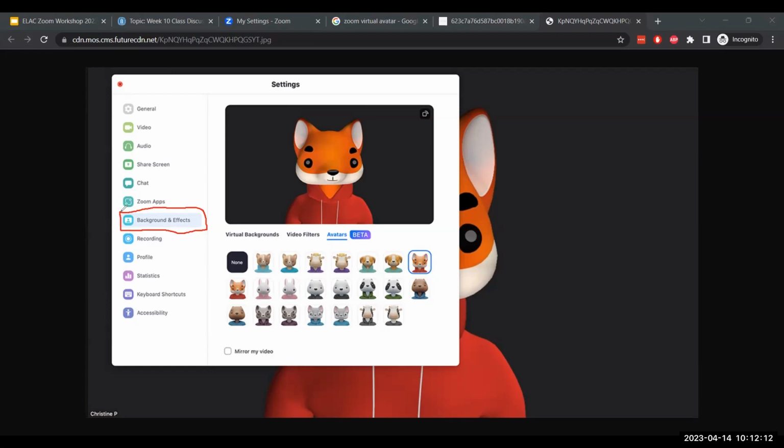And then from there, in the same area where you do your virtual background or video filters, if your computer can do it, or if your phone can do it, there should be an avatars tab in the background and effects area. Yeah, I just looked. I don't have that, so I'll see if I can turn that on. Okay, thanks. Well, that would probably be more of a